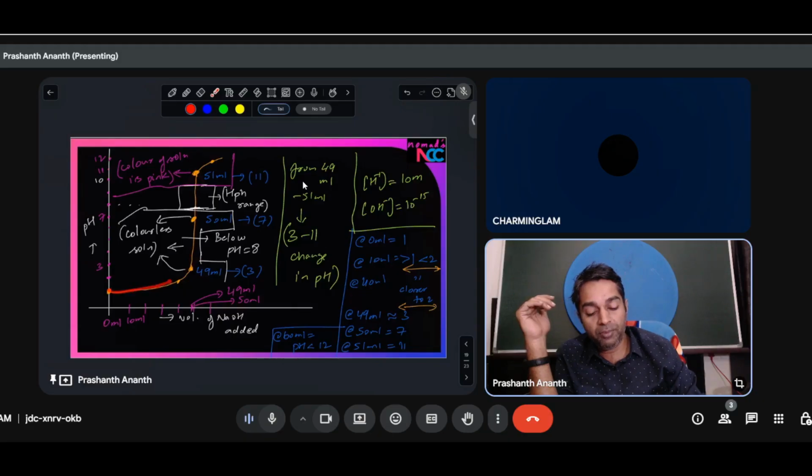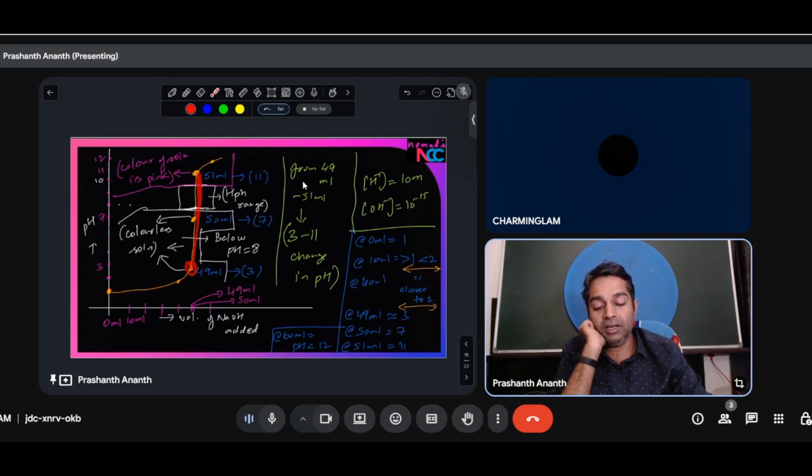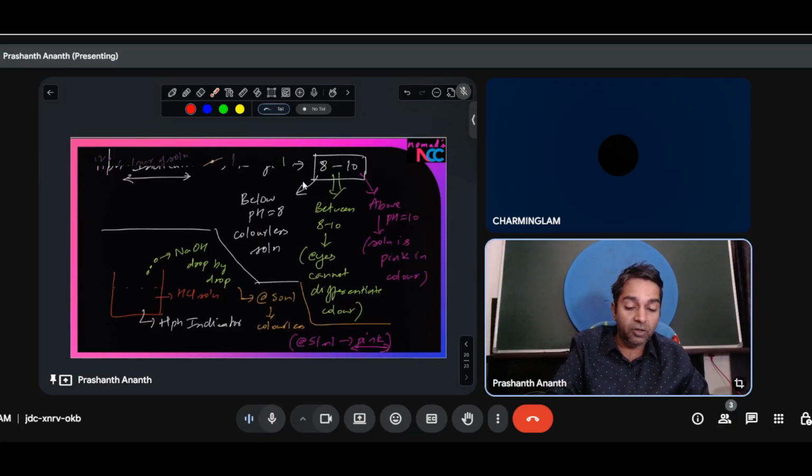Whereas from 0 ml to 49 ml, the entire pH over there changed by only 2. From 1, it went to 3 in the space of 49 ml. It only changed from 1 to 3. Whereas in the space of 2 ml, it suddenly jumped up and changed by 8. So it went from 3 to 11 in the space of just 2 ml. Whereas in that entire region of 0 to 49 ml, the pH change is only 2. So the key idea to understand over here is,